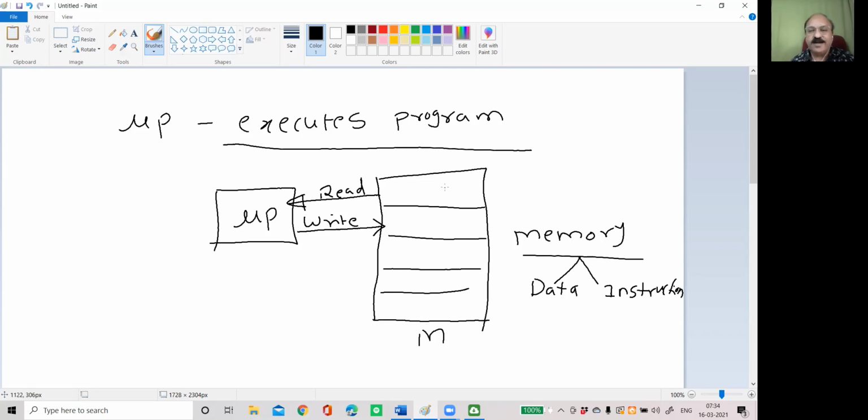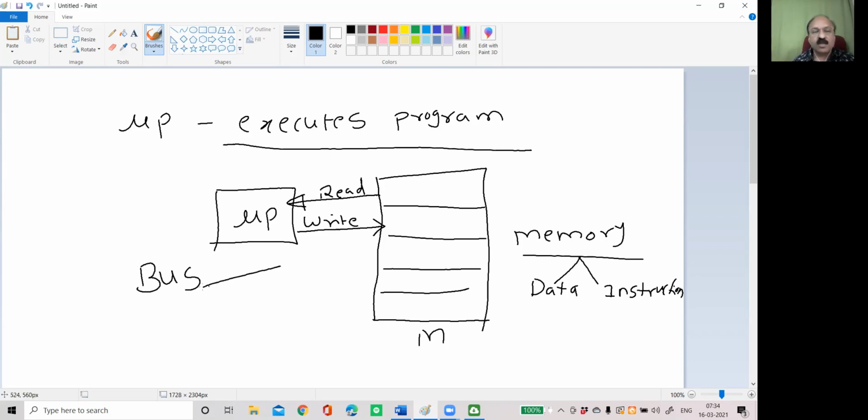So when we say that data is moved from memory to microprocessor, how will it move? Will it move in air? Will it move without medium? No. There must be signals. The signals should be transferred. That signals will transfer on a wire. So a set of wires by which this data gets transferred is called a bus.